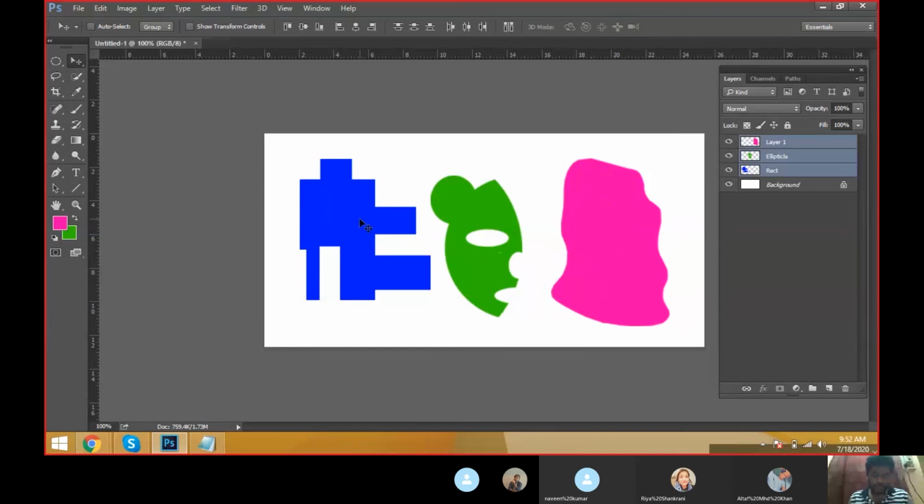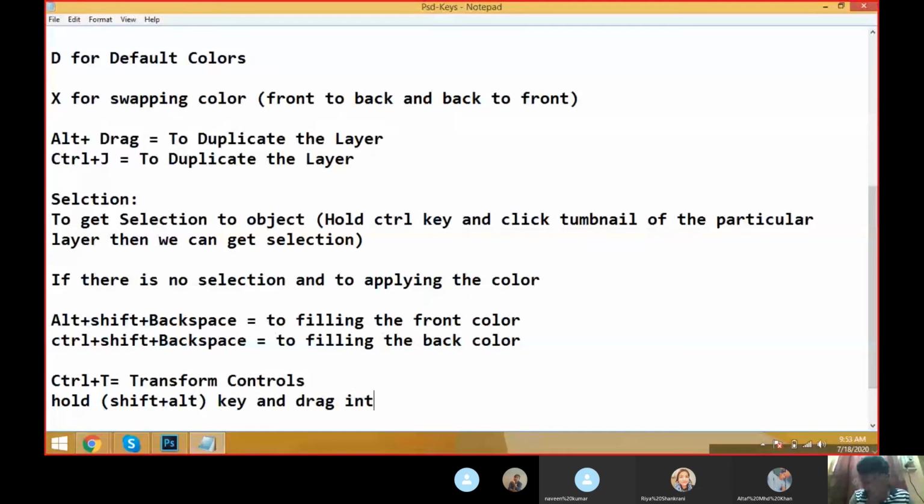Transform controls. Okay, proportionally.